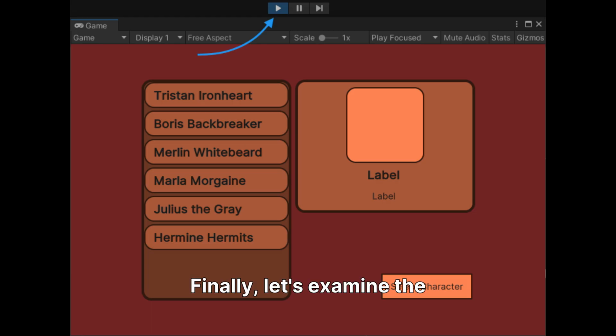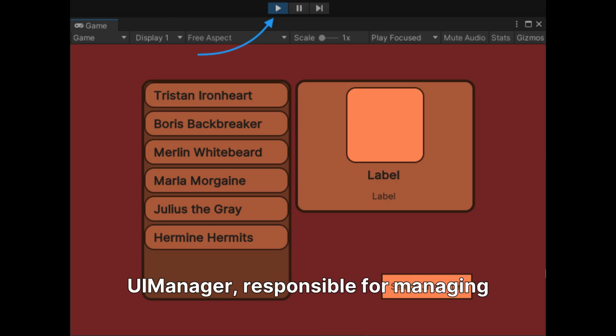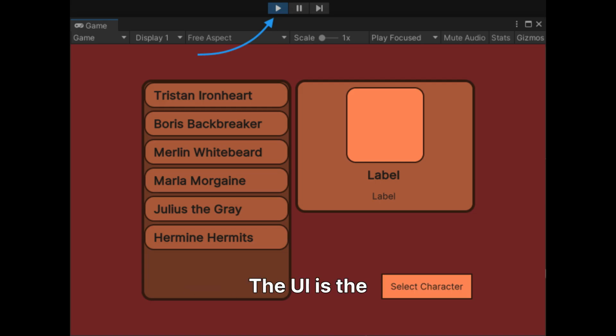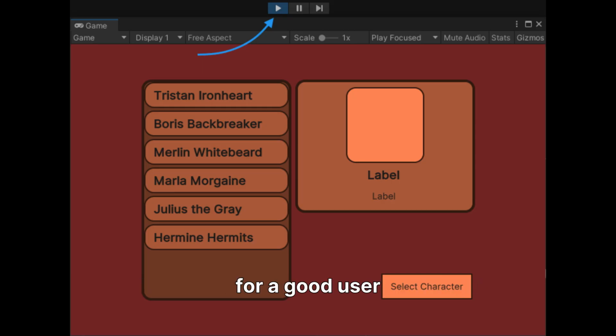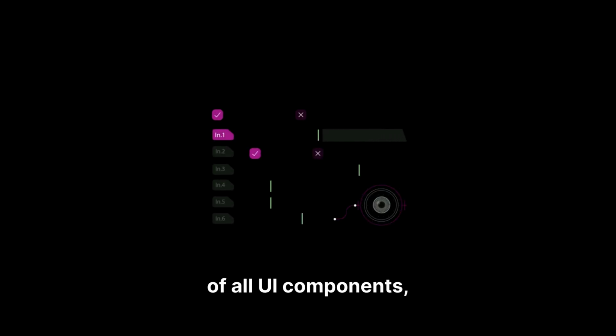Finally, let's examine the UI manager, responsible for managing all user interface elements within your game. The UI is the primary way players interact and receive information, making its efficient management paramount for a good user experience. The UI manager centralizes the display, updating, and management of all UI components, such as player scores, health bars,